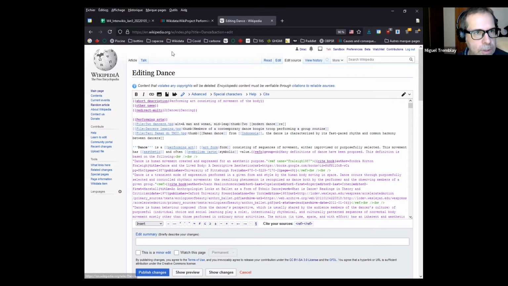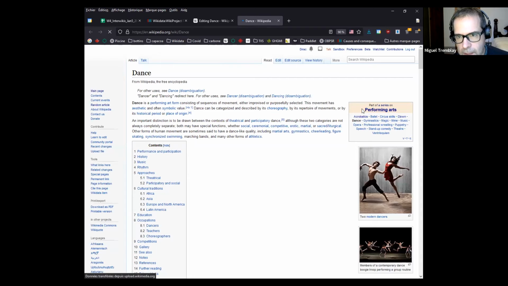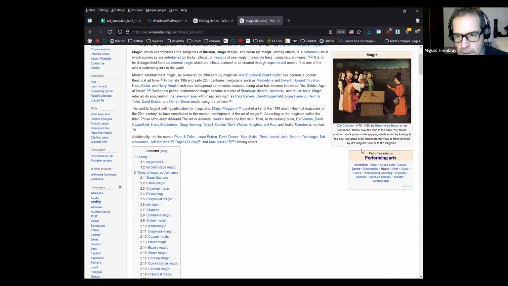So if I go back to the article, this is dance. It calls the template of performing arts. Most probably, when I go to one of those performing arts, it will also call the same template. Let's look at it. See, I have the same template here. This is useful because if I want to add another performing art, I will only have to update the template, which is also a Wikipedia article, and then it will magically update all the performing arts where this template is